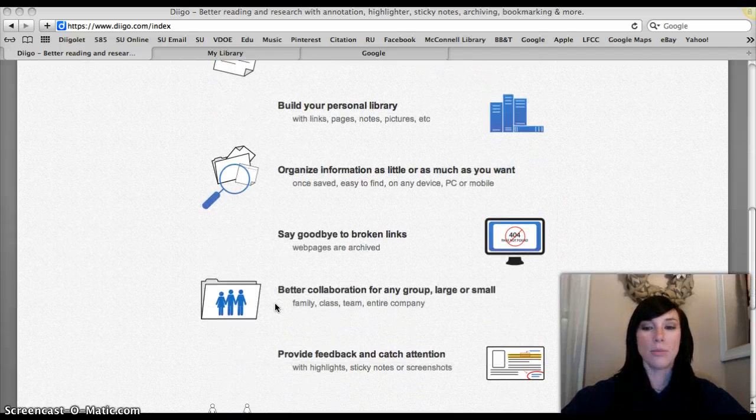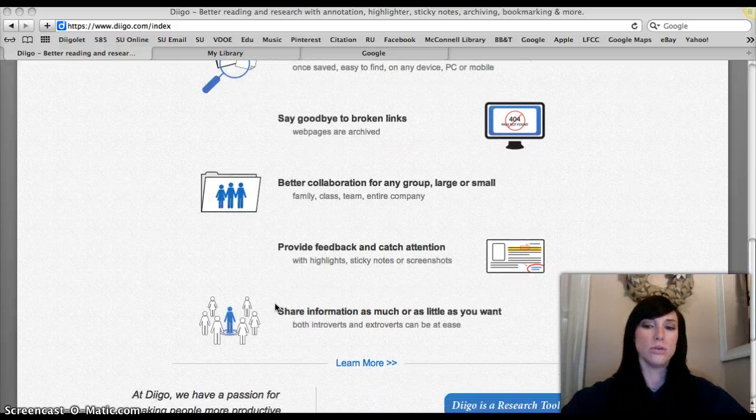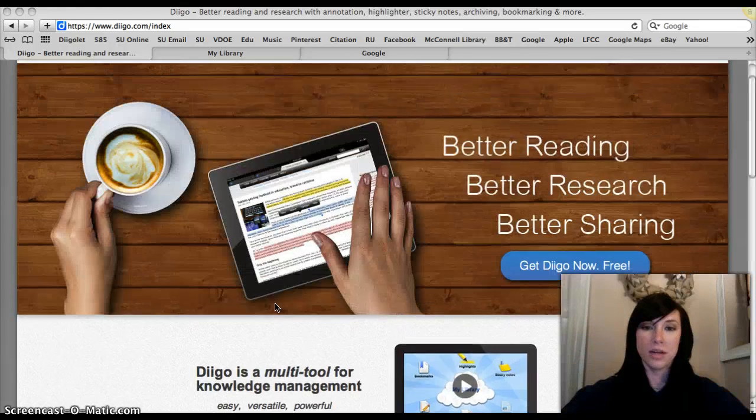You can collaborate with family, friends. You can share any of the articles or anything that you find. You can share it via Diigo, or you can share it with Facebook or any social media or emailing. So this is a pretty simple